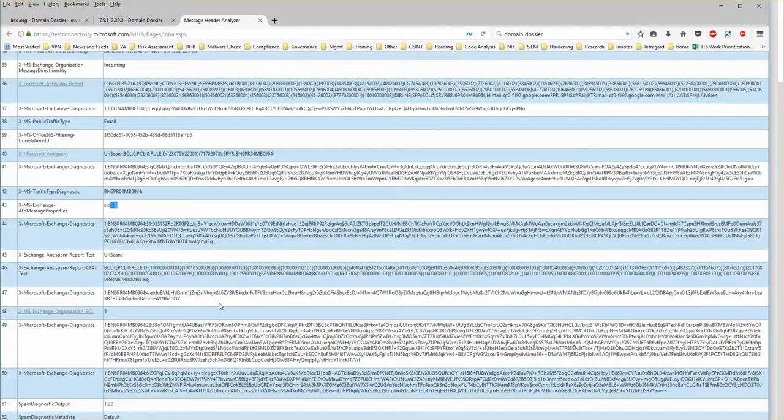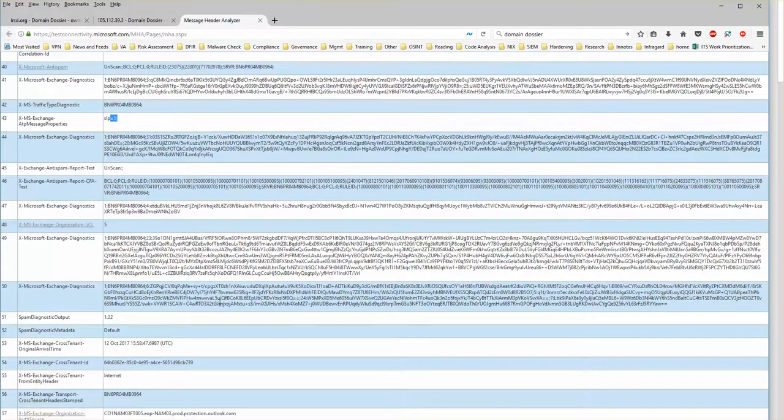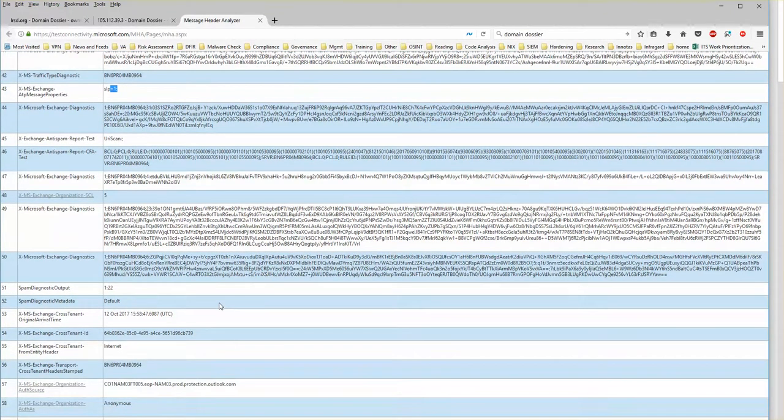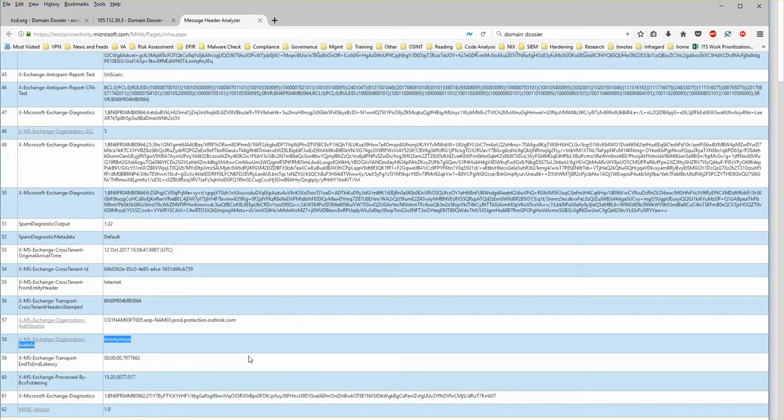It was a URI scan. Spam diagnostics, yeah, it's a pretty good indicator. The exchange organization is anonymous. That's another indicator that can be taken in consideration. So so far, it looks like this was legitimately marked as spam, and obviously was